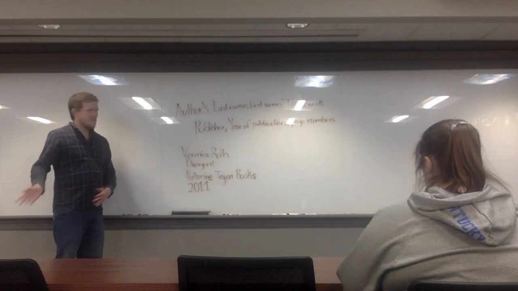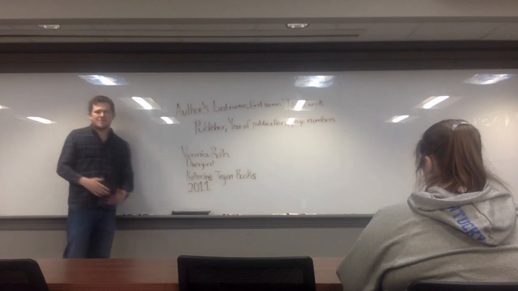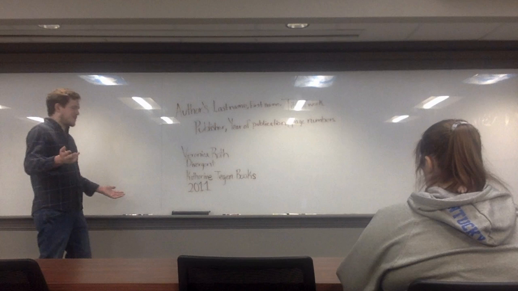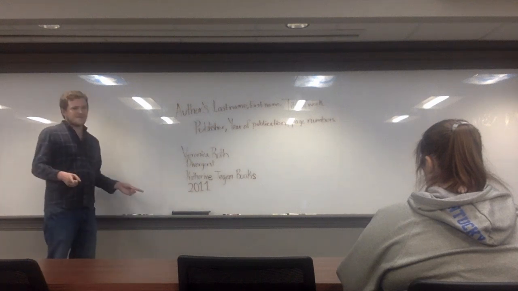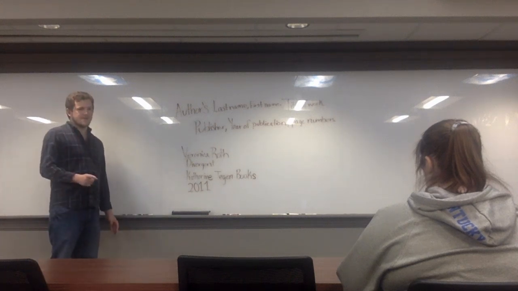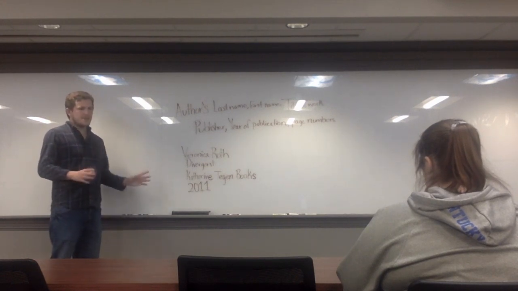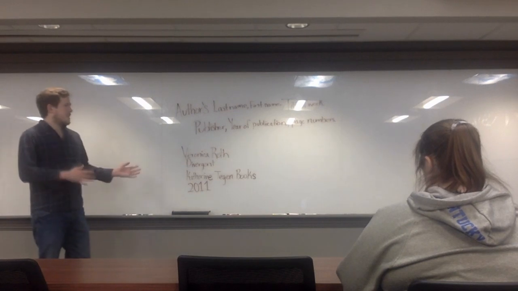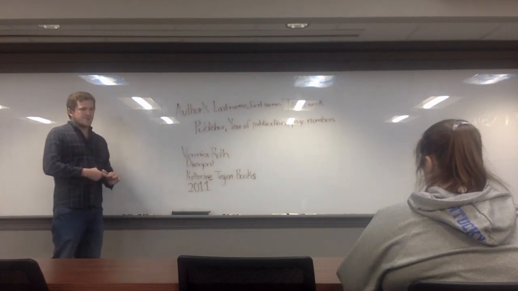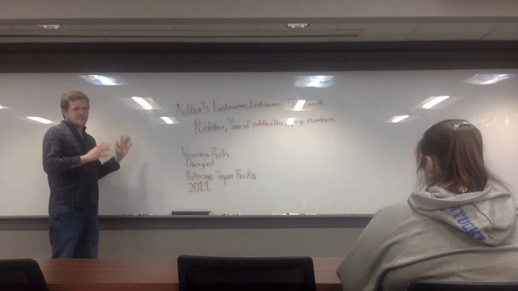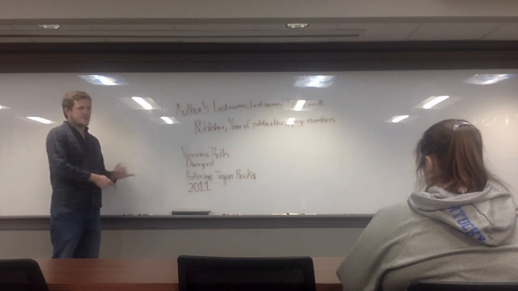Type in frogs on Google and you'll get pictures of frogs, videos of frogs, anything about frogs. But if you go on Google Scholar, it will show you peer-reviewed sources that have been looked at by other